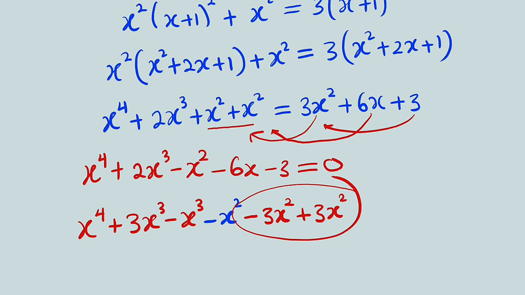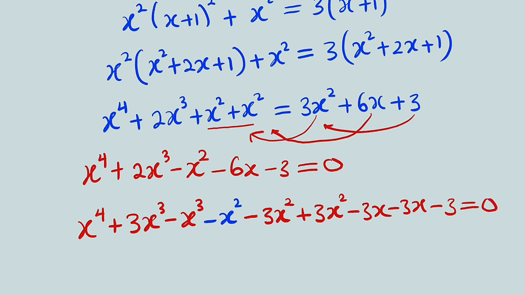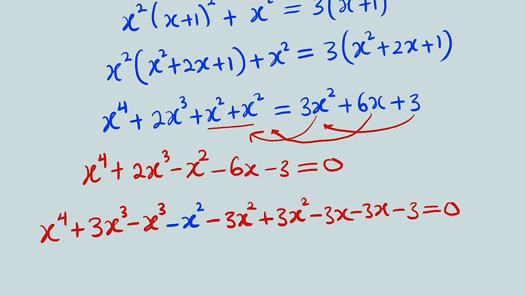It's like adding 0. As we move on, we have negative 6x, but I can write it as negative 3x, negative 3x. So we have negative 3x negative 3x, which is the same thing as negative 6x. And finally, we have negative 3, and the whole of this equal to 0. All right, now we have 9 terms, but I can group them in threes so that we can factorize them